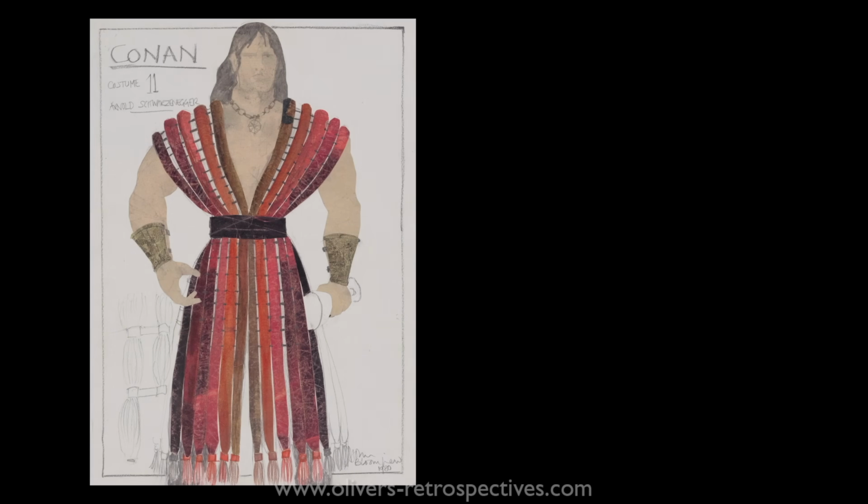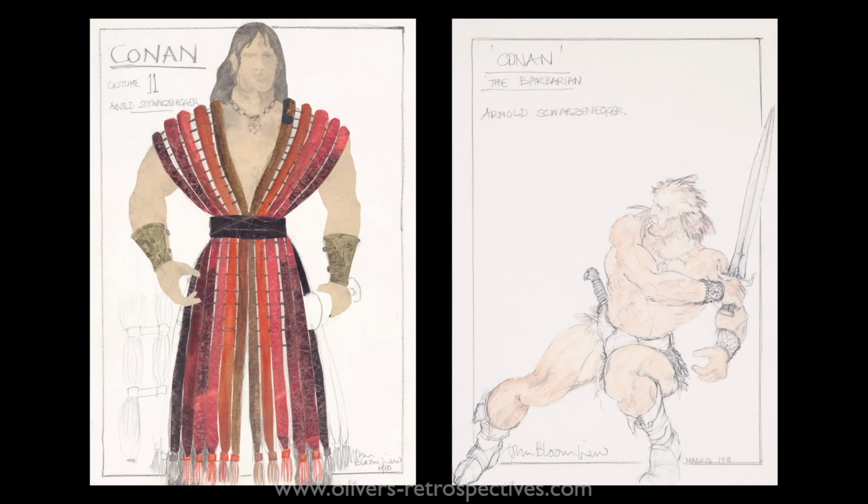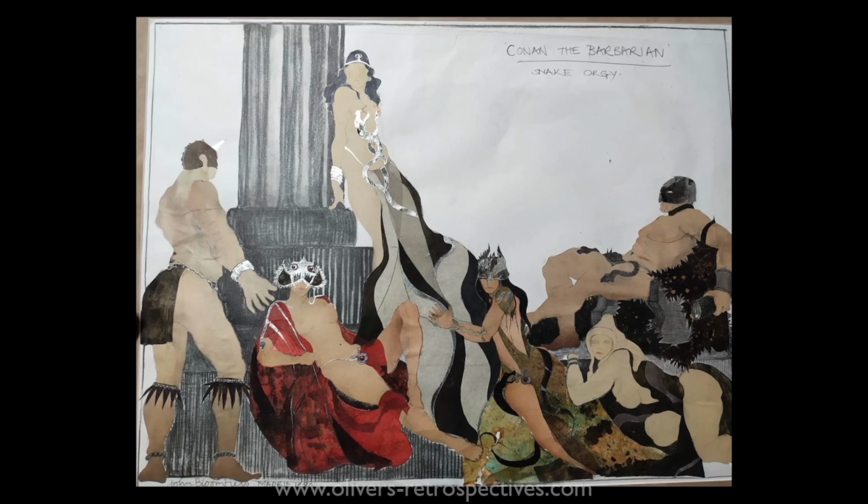Costume designer John Bloomfield is interviewed. He revealed he got fired from Flash Gordon and wound up working on Conan a week later. He found it amusing he got fired and hired by the same production team. John would work on a sequel and other movies such as Superman 4, Robin Hood Prince of Thieves and The